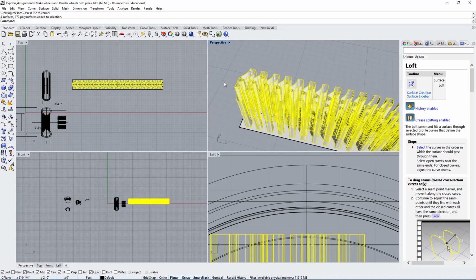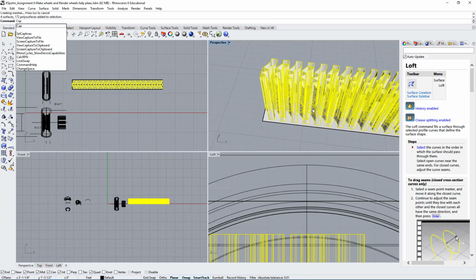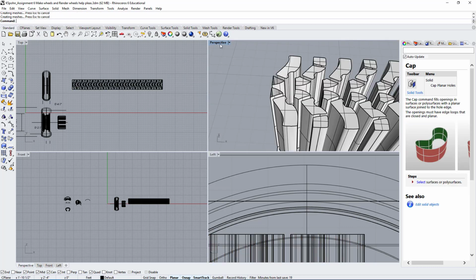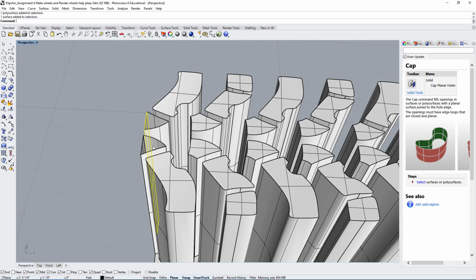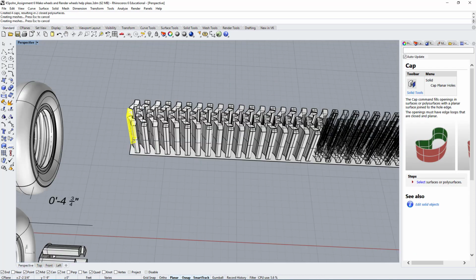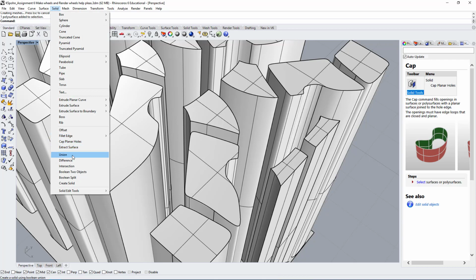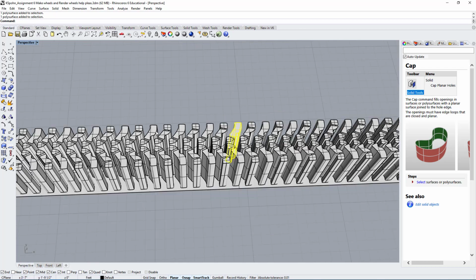Okay, so to close out all of these shapes, because they seem to be straight, I would use CAP, which is the cap planar holes command, and let's hope everything worked out. No, it didn't. I was hoping that it would close off every single one of these shapes, but it did not, so we have to repeat the cap command. It looks like we're going to have to do the same thing here. Join, CAP to cap. Okay, and cap is under solid, right? You go under solid, cap planar holes. Here it is, cap planar holes. You should be familiar with these commands at this time.